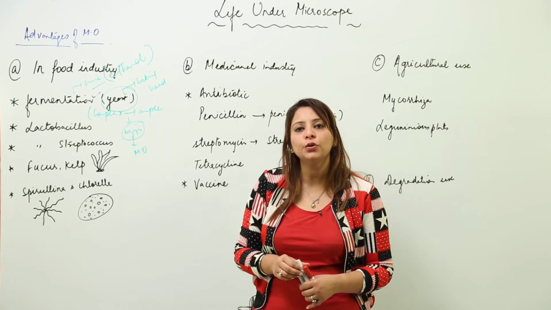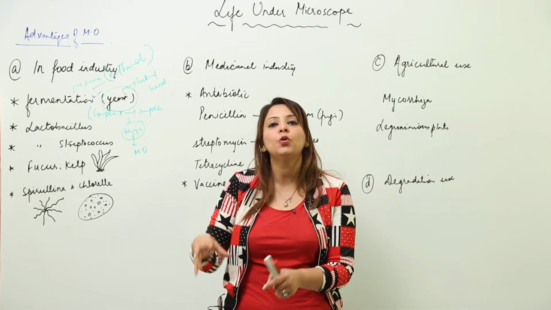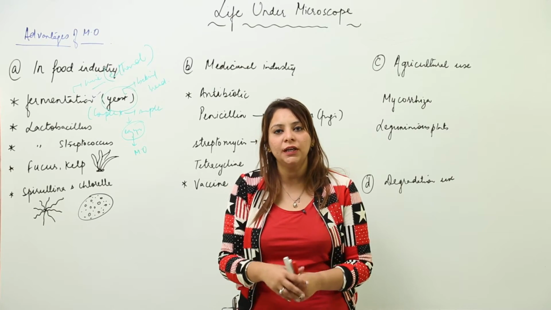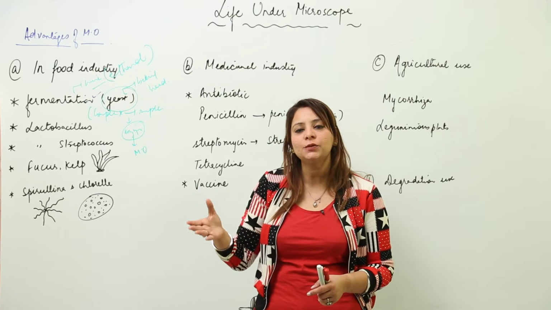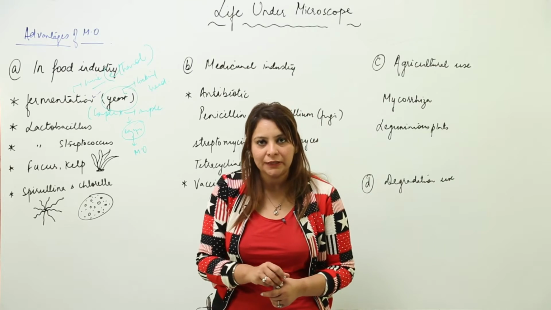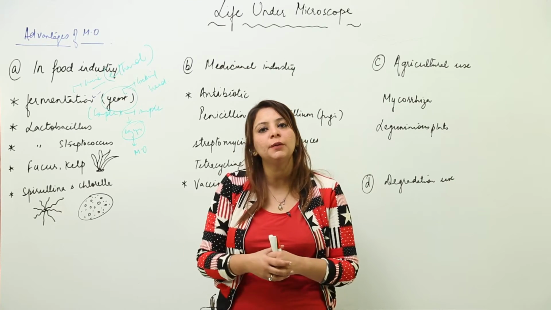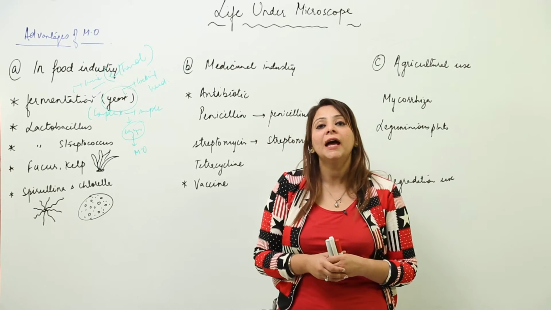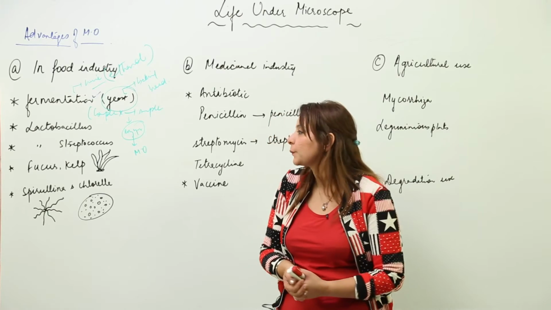There also we add yeast. Yeast secretes certain enzymes, and those enzymes convert the sucrose into ethanol, because in the breweries we get ethanol from the sugarcane juice, and sugarcane juice mainly contains sucrose. So there also the fermentation process is carried out, and there also we are using a microorganism, that is yeast, and yeast is secreting the enzymes that carry out the fermentation process.